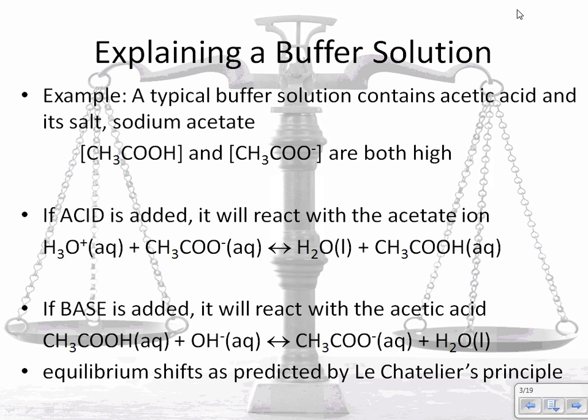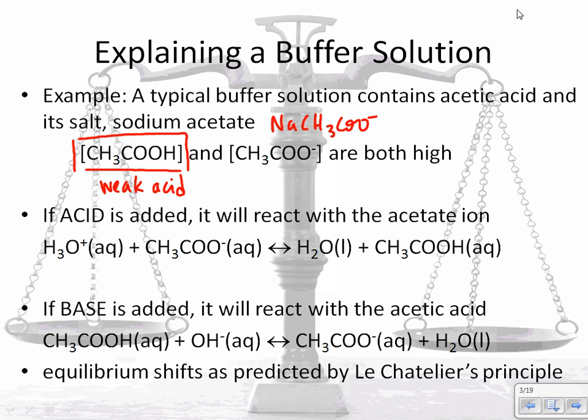If you have acetic acid, here it is right here, you know that it's a weak acid. If it's a weak acid, that means it will not dissociate very much, and most of the acid remains in this form because it's a weak acid. So the concentration of that compound is very high because, again, it doesn't dissociate. If you have sodium acetate,